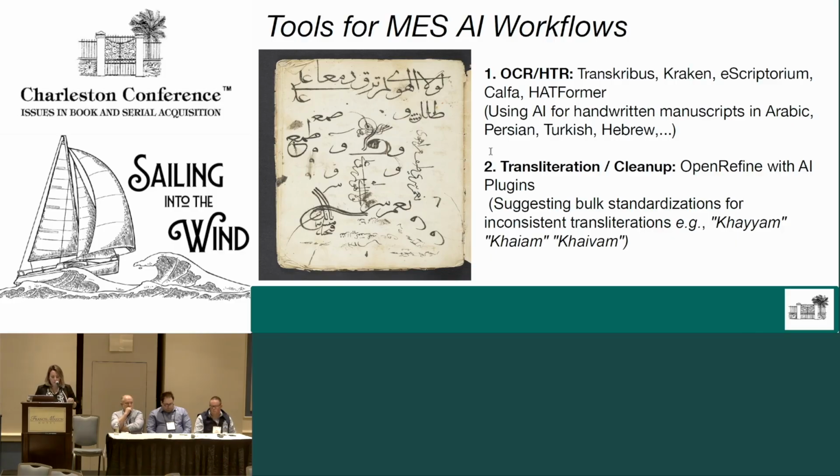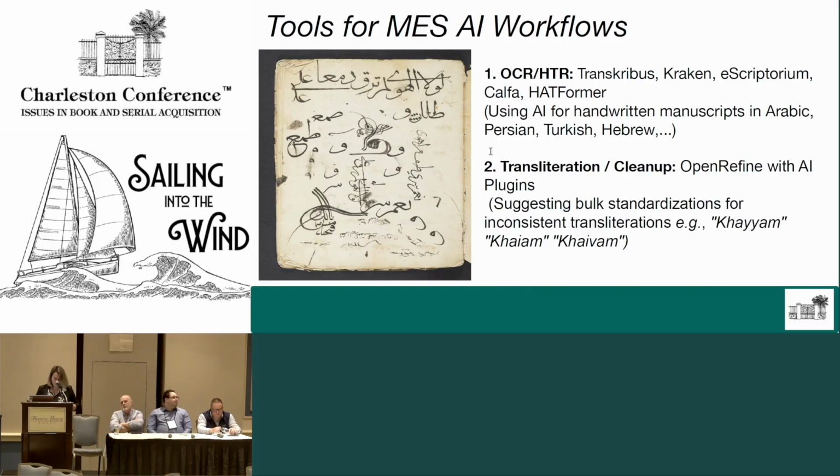So here are some of the most relevant AI tools for Middle Eastern work that I've captured from here and there. At this slide, I'm sure that there are so many vendors and publishers and maybe some libraries working on that already. Step one is HTR for primary sources. We can use something like Transkribus, Kraken, Scriptorium, Calfa, or Hatformer for handwritten Arabic, Persian, Hebrew, or Ottoman manuscripts. Librarians need to check and correct errors if needed, and this saves hundreds of hours of manual transcription,